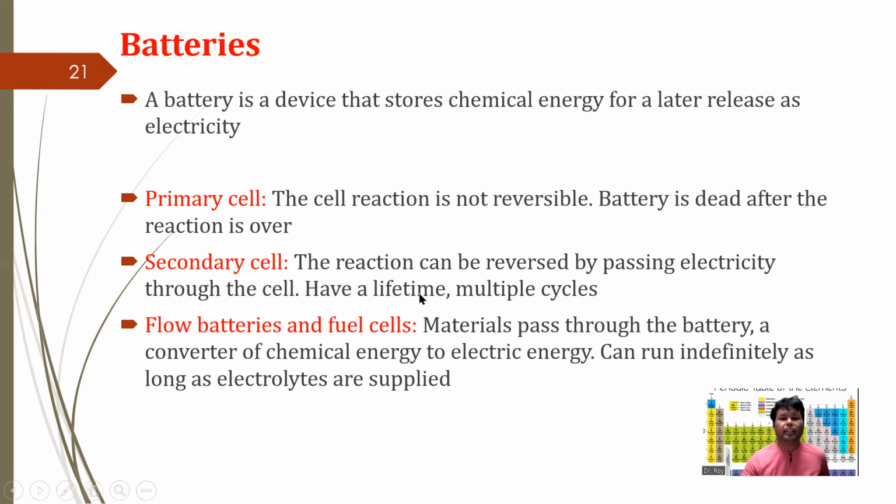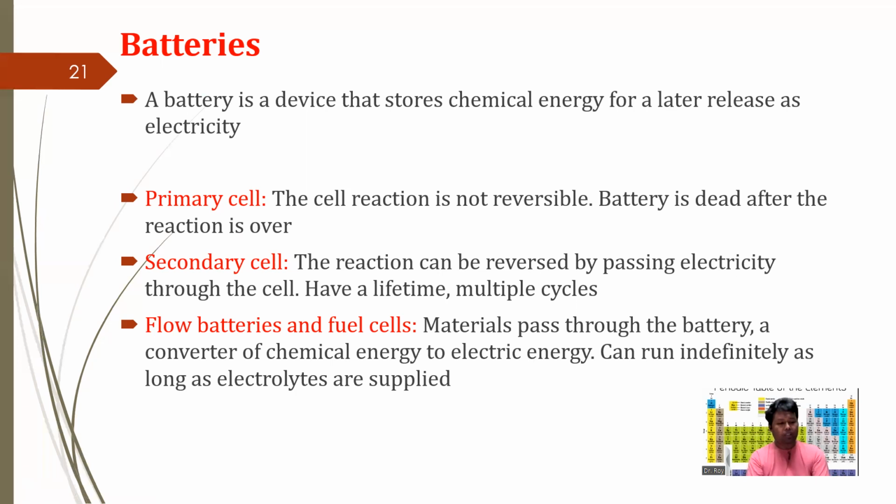And in a secondary cell, the reaction can be reversed by passing electricity through the cell, and it has a lifetime of multiple cycles. For example, in a mobile phone, after a certain period of use the battery is completely discharged. Then when we recharge it, again we can get the system running. So what happens? The reaction can be reversed. Already I have mentioned